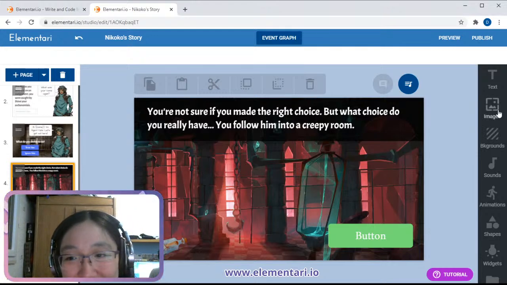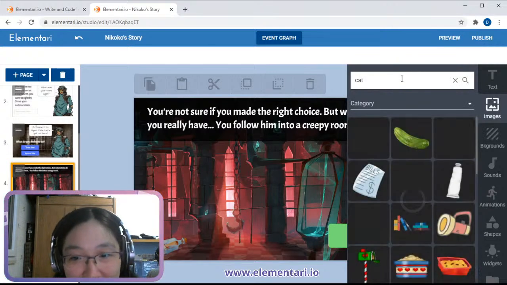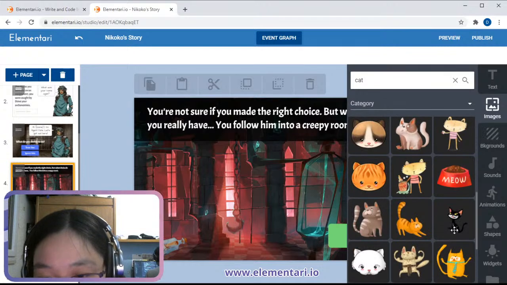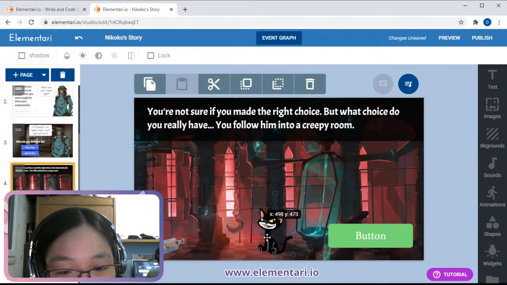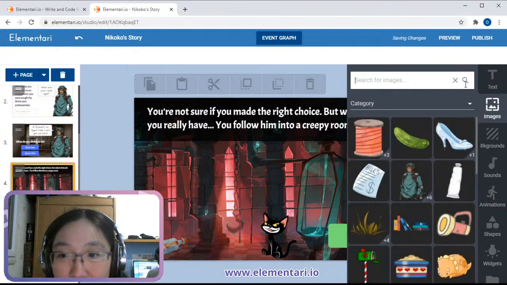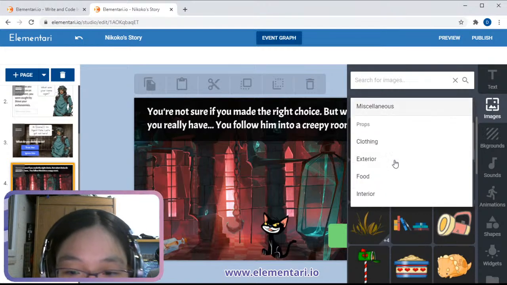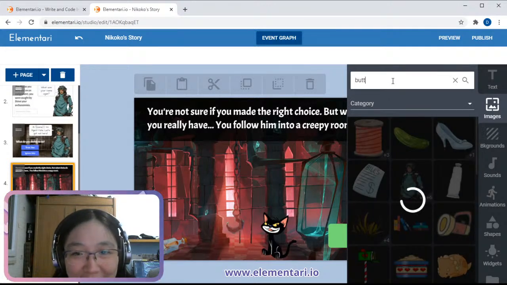So we're gonna get some other objects, maybe like, I don't know, let's get a cat or something. Yeah, we get like a creepy cat here. I don't know, maybe do I have anything scary? Like, how is a butterfly scary?